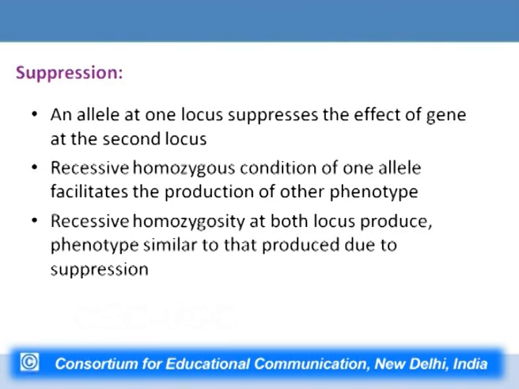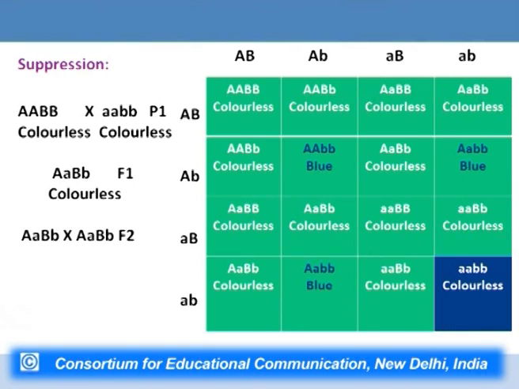Recessive homozygosity at both loci produces a phenotype similar to that produced due to suppression. For example, if a colorless individual of primula, which produces a colorless, that is white, flower, is mated with another purebred line which also produces a white flower, though the genotypes are different, capital A, capital B and small a, small b,